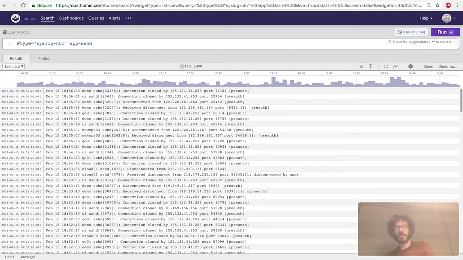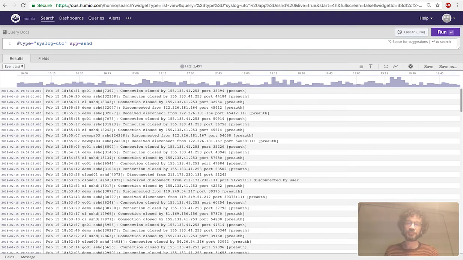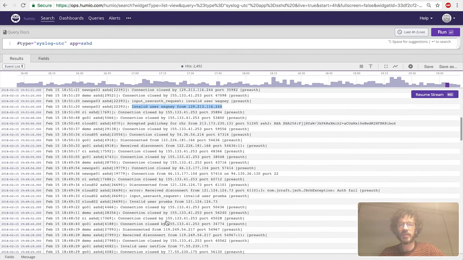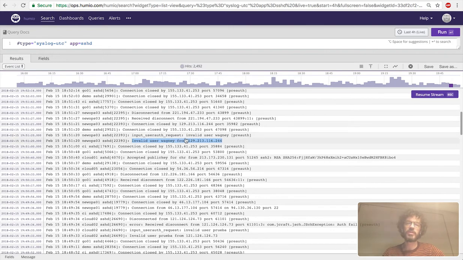In this case, we're looking into the production logs, our Humio production logs, and I've limited it to only be the syslog sources and only log lines that come from SSHD. So when we dig into this, there's a lot of log lines that look like this. Let's say we take a log line here that says invalid user so and so from this IP address,